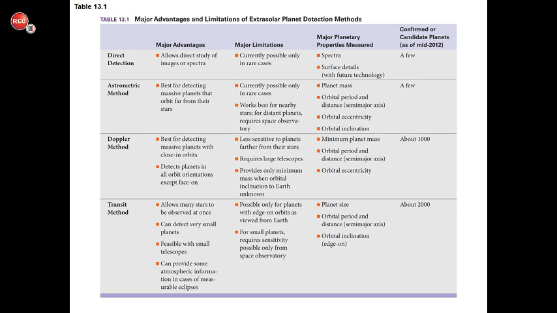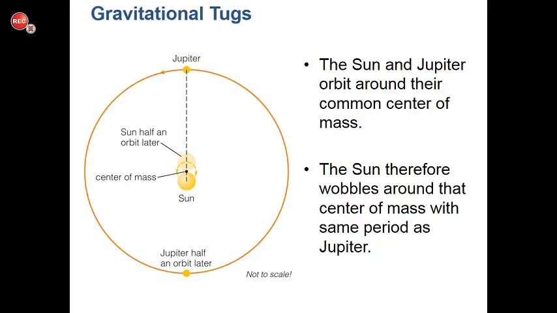There are other techniques that are similar to these, but we're going to focus on these because mostly what we do nowadays is look at the transit method. It's easier to see planets crossing in front of bright stars. But there are a few others. So to explain what's going on,